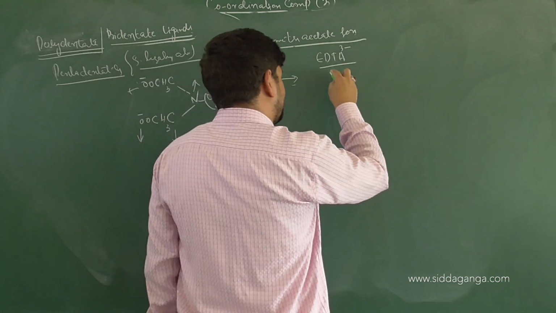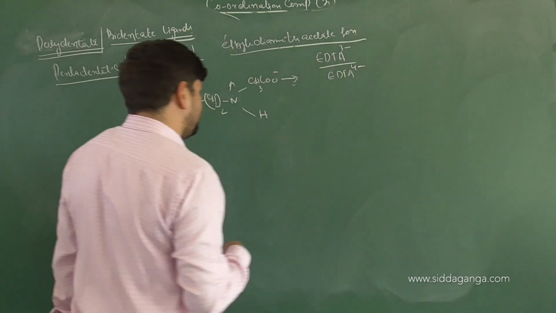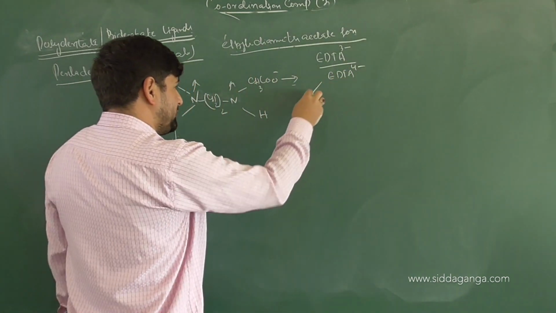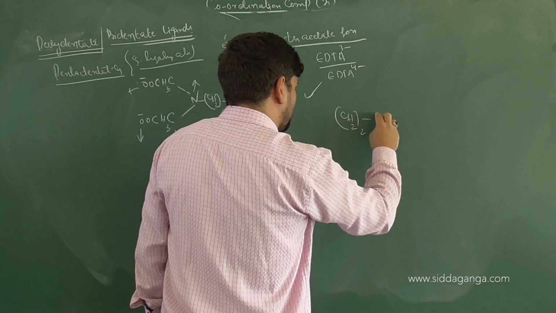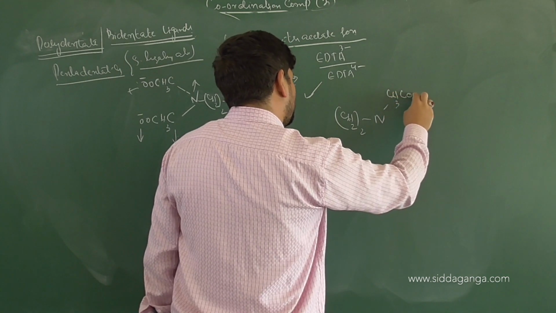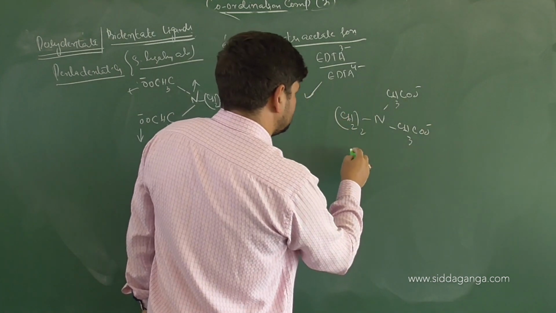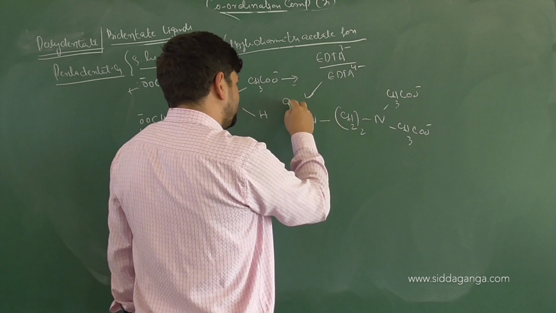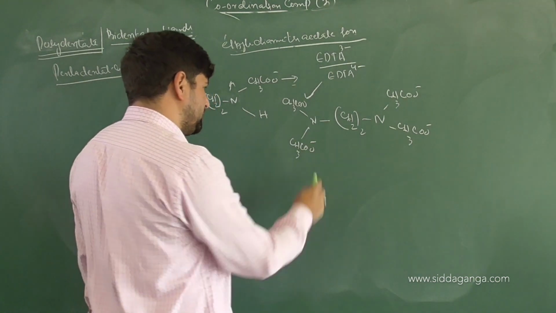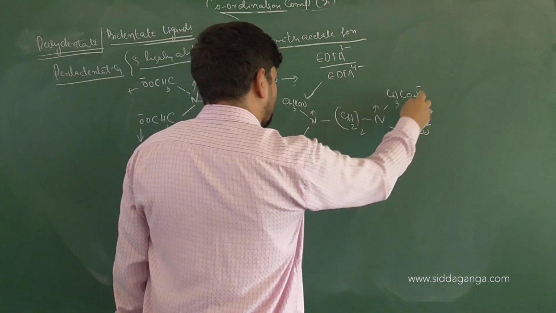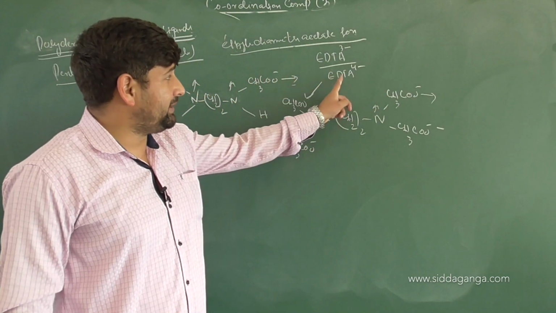Right? If you mention EDTA 4 minus, then there are 4 negative charges. Once you remove it, it will be CH2 twice. You got N, you have CH3COO minus, then CH3COO minus. Then here again, what is the atom here? Nitrogen. You have CH3COO minus and here also CH3COO minus. Then it makes 1, 2, 3, 4, 5, 6. So ligating atoms are how many? 6. So EDTA 4 minus is ethylene diamine tetraacetic acid.